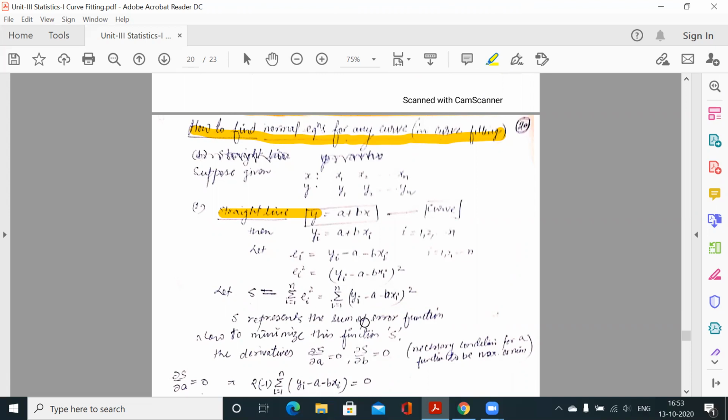अब देखिए कि कैसे फाइंड आउट करनी है आपको नॉर्मल इक्वेशंस। अभी तक तो हमने डायरेक्ट लिख दी थी कि फॉर स्ट्रेट लाइन दीज आर 2 नॉर्मल इक्वेशन, फॉर पैराबोला दीज आर 3 नॉर्मल इक्वेशन, फॉर एक्सपोनेंशियल कर्व दीज आर नॉर्मल इक्वेशन। लेकिन वो मिली कैसे नॉर्मल इक्वेशन, उसका ये पूरा डेरिवेशन है। तो देखिए हम कर क्या रहे हैं।